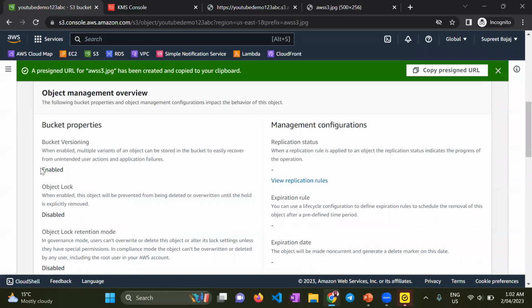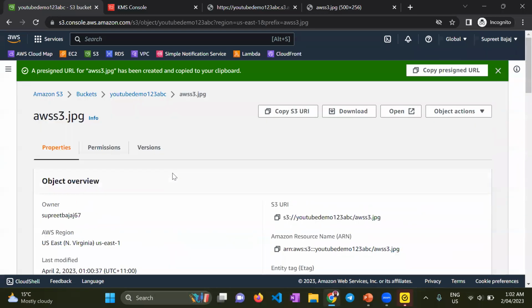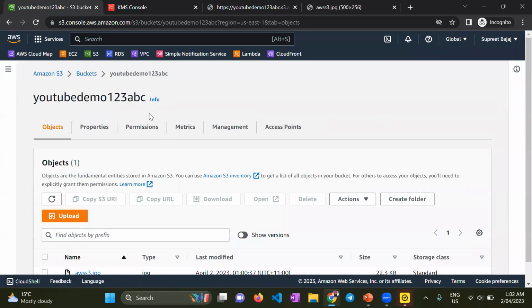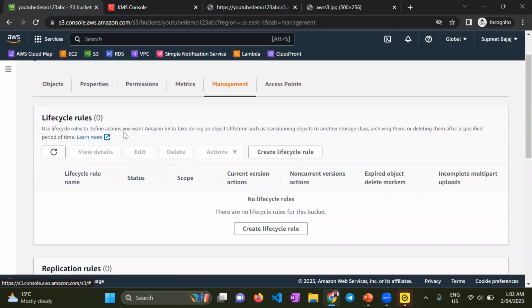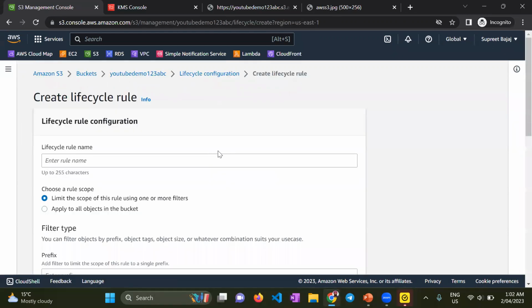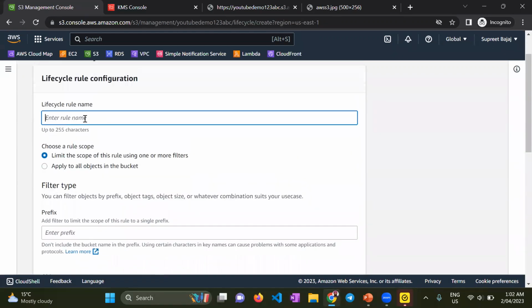It has bucket versioning enabled. Before we try to delete it, let's look at the management policies first. For lifecycle management policies, you go to the Management tab, and under Lifecycle rules, you click Create lifecycle rule. Now you need to give the rule name. Basically, let's give it "transition to